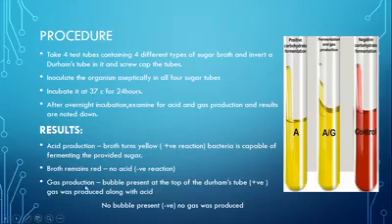Then gas production: a bubble present at the top of the Durham's tube is considered positive. As you can see in this tube, there is a space at the top of the Durham's tube. This shows that a gas bubble is present and gas has been produced. So the organism is capable of producing gas along with the fermentation of the carbohydrate, as the color has also changed to yellow. So A for acid and G for gas. That is how you interpret the results. And if no bubble is present, it was negative for gas production and no gas was produced.